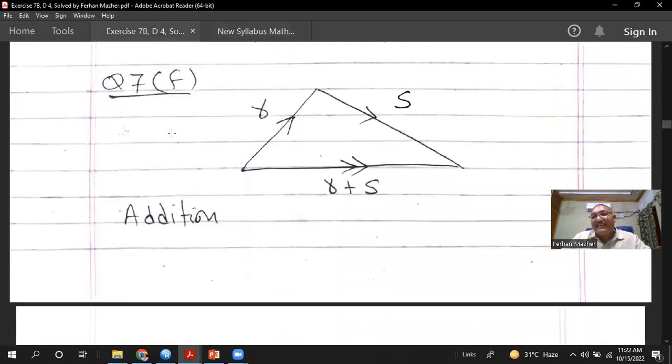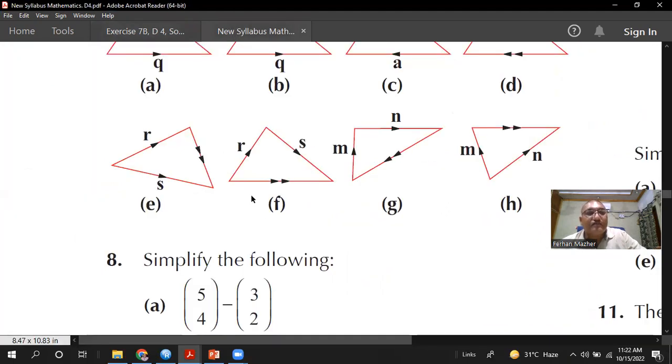This is, so I said subtraction. This is addition. This is 100% addition. And so this represents R plus S. Then the G part here again M, and then you have N, and this triangle is representing addition,